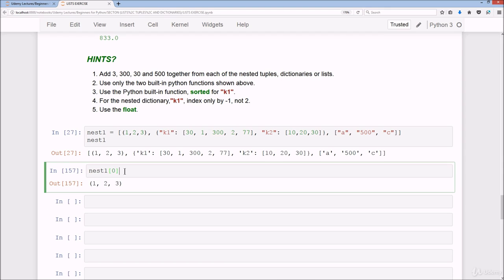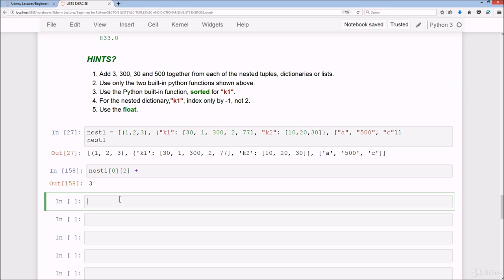and we grab the tuple, and then we want 3, because we're adding 3, 330, and 500 to get the float value of 833.0. So if I run this, we get 3, and then I'll just convert this into, let's say, K1, and then we'll do sorted nest 1 this time, because instead of it being 0, this is 1 for the dictionary. And then we're going to do K1,